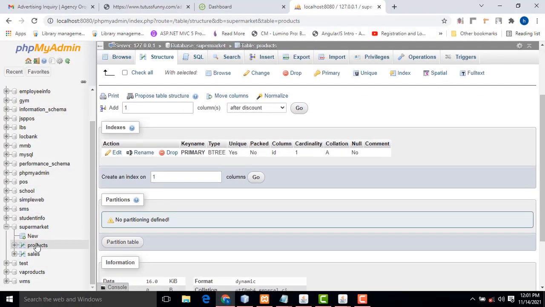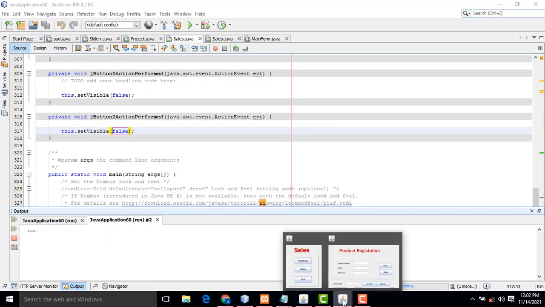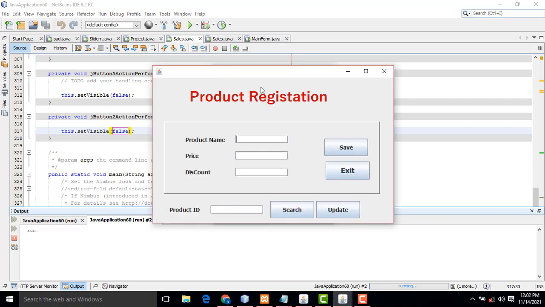These are the two tables: the products table and the sales table. Products table, product ID. This is the table, right? So I am going to add a new one. Here I am going to add another one: shirt, toy, product name, price, elephant toy,